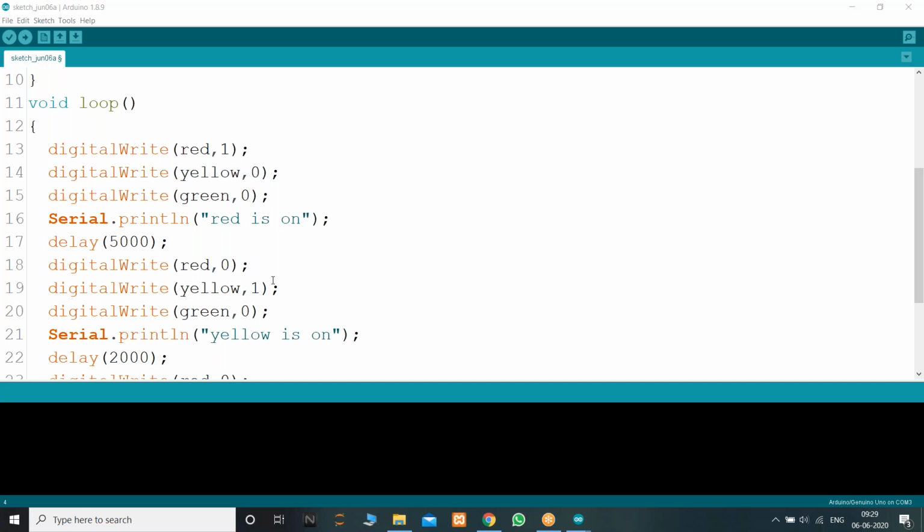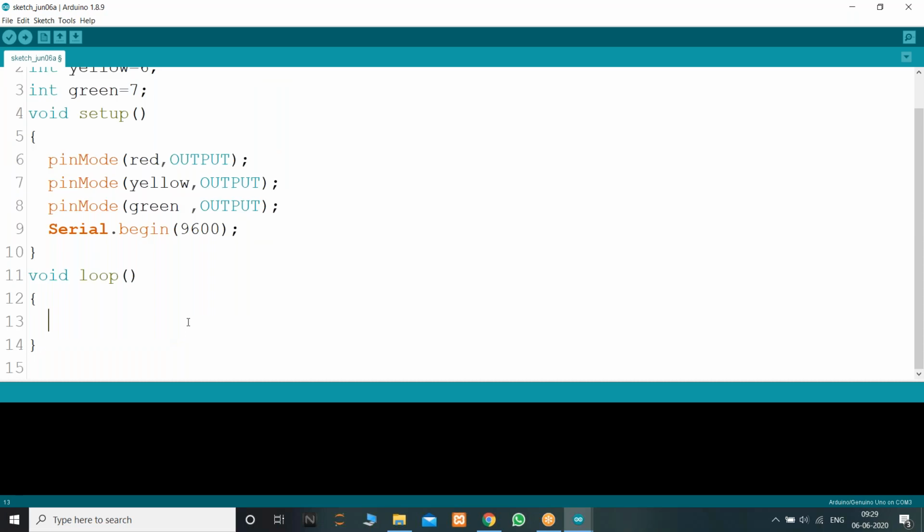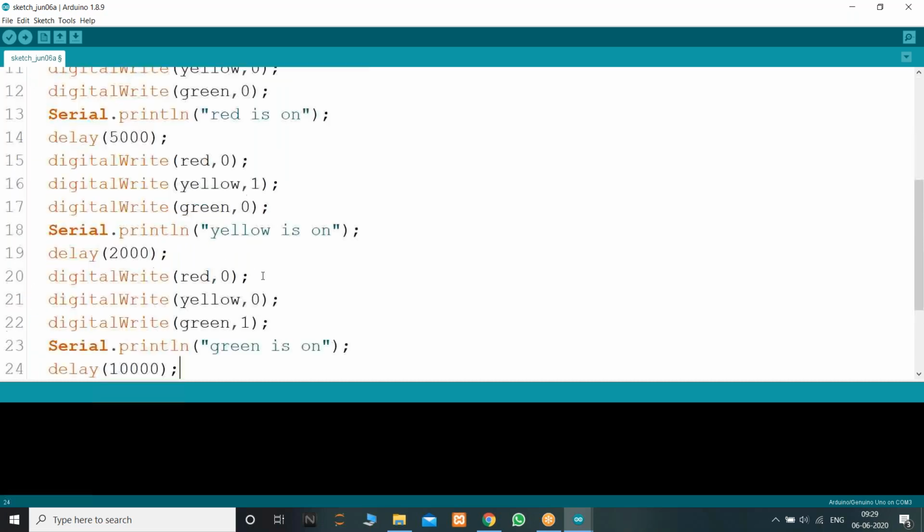For one-time execution, instead of the loop, if you don't want this program to repeat infinitely, you may copy this code from void loop and paste it into void setup, or you can use a while loop also for one-time execution. You can simply copy this entire code. So if you want this to run one time, you just copy this and cut over here.